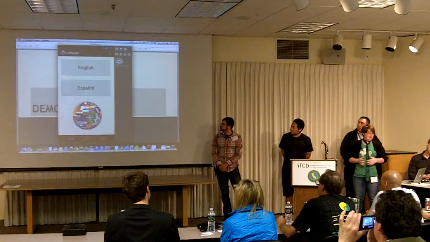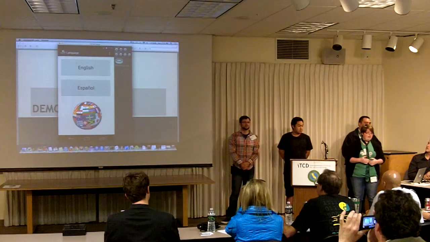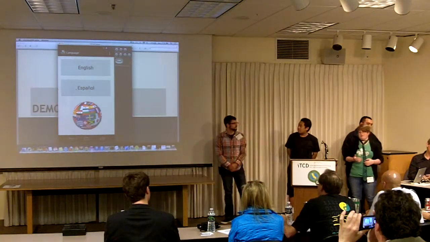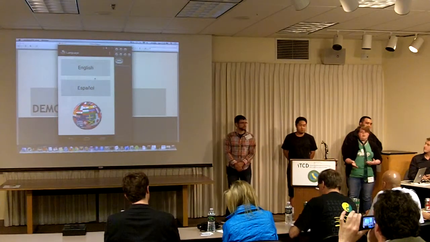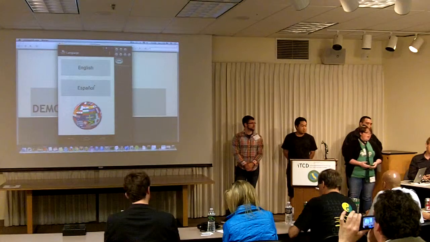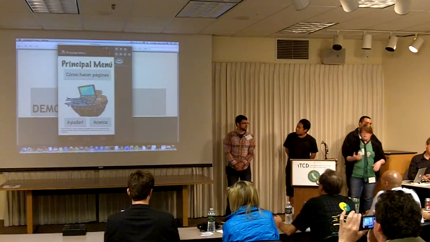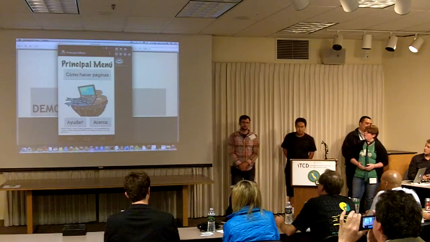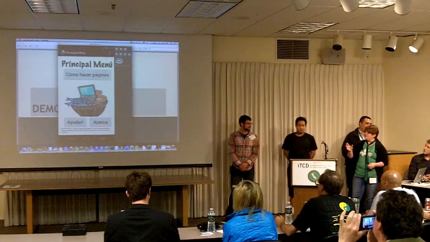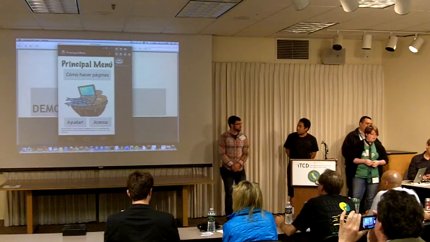One of our main objectives was to have the app in 2 different languages, because a lot of Lowe's Fishes and Computers clients are Spanish speaking. And so our main screen for both English and Spanish looks a lot like this. On the bottom we have a help and an about button, as well as on the top our main how-to button. And if we go back to the English version,